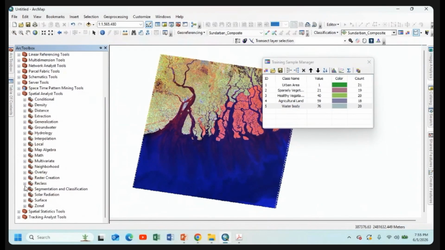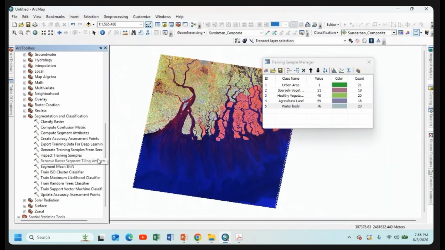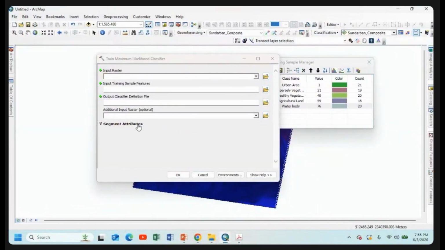Okay. From this spatial analysis tool, here has option like segmentation and classification. We go to the segmentation and classification option, and first we perform our train maximum likelihood classifier. So click on this train maximum likelihood classifier option, double click on it.